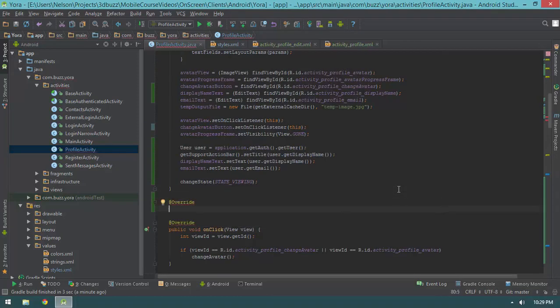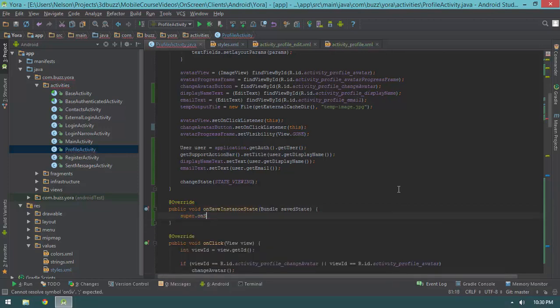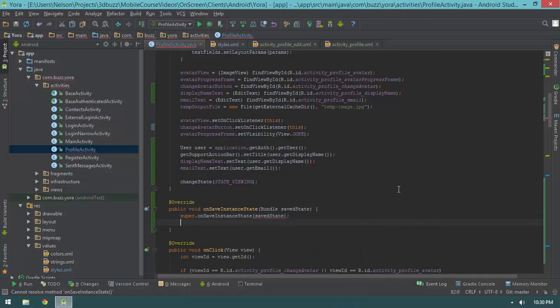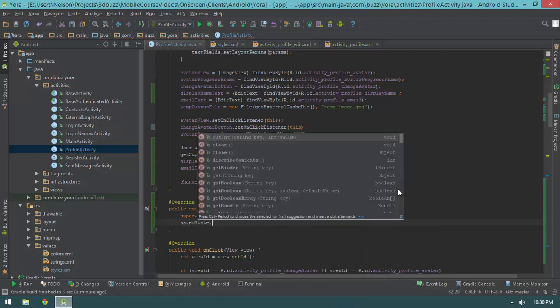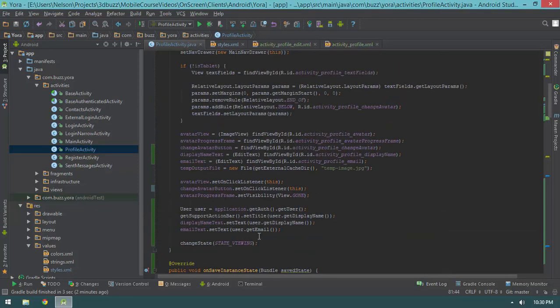I'm going to say override public void onSaveInstanceState(Bundle savedState), and then invoke the super method first, passing in savedState. Then I'm going to call savedState.putInt, passing in BUNDLE_STATE, comma, currentState. Now that we're saving the current state, we can reload the current state